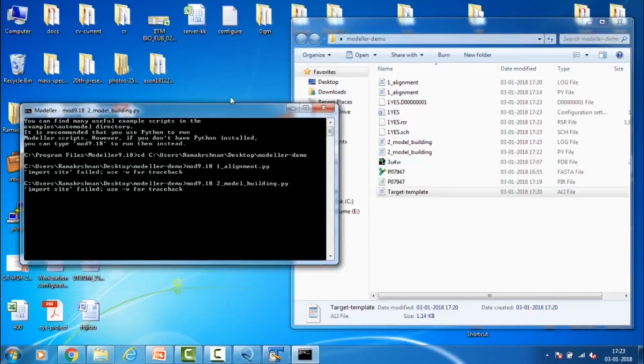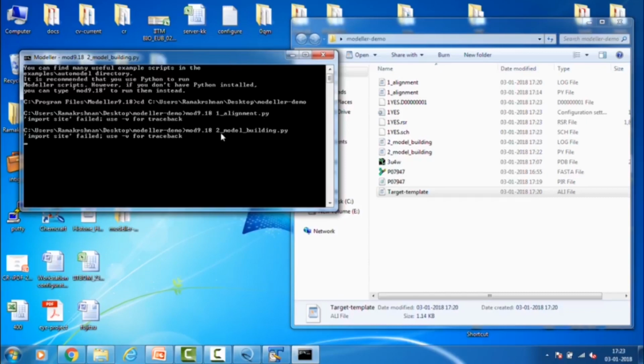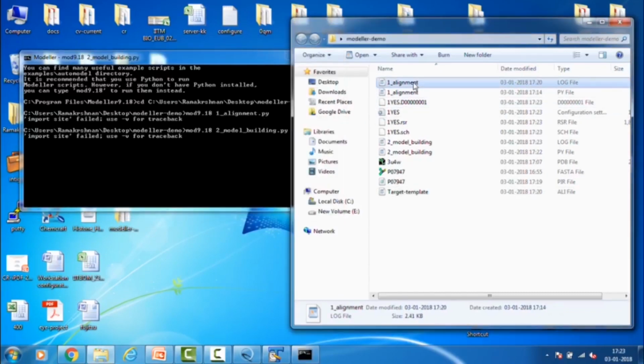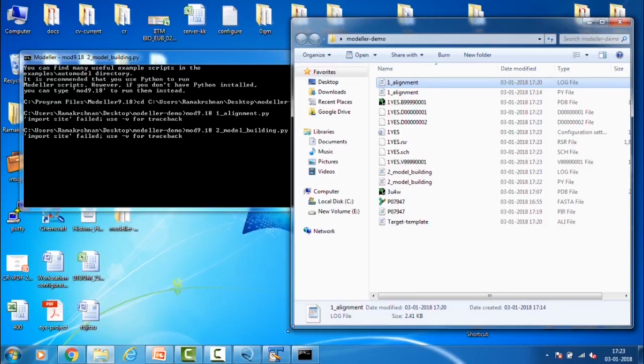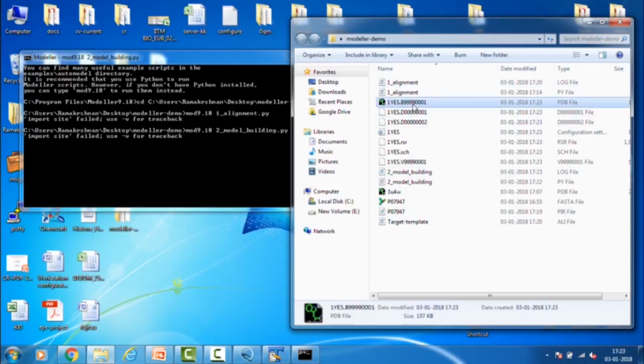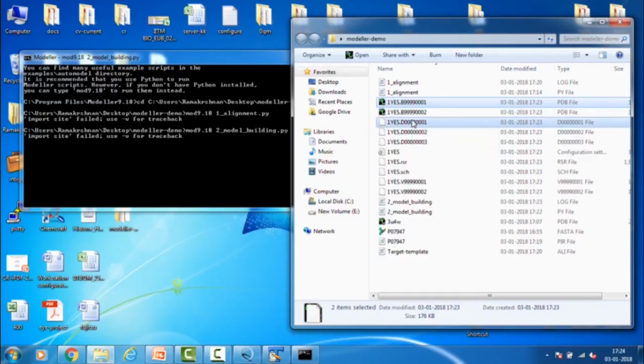So, these are the two important scripts to be edited carefully in order to perform target template alignment and model building. Once this is done, you will be getting the 10 kinase structures for the given target sequence, and you can evaluate the correctness of the model in the next step. So, we will wait for a while until this generates the 10 structures. So, now you can see the progress. It generated the 2 structures so far,